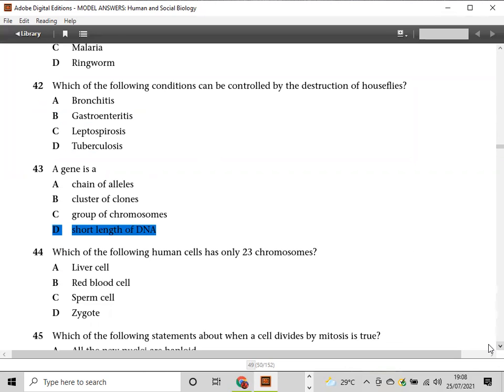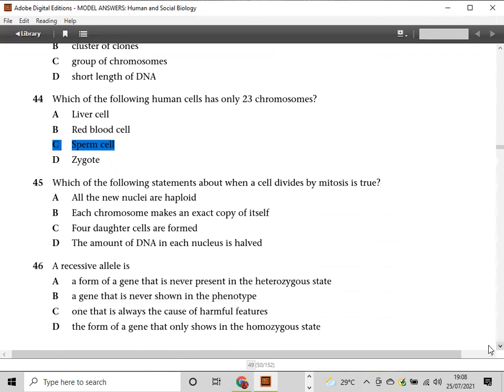Alright. Which of the following human cells has only 23 chromosomes? That is the sperm cell. And 45 is B. A recessive allele is one which is never shown in its